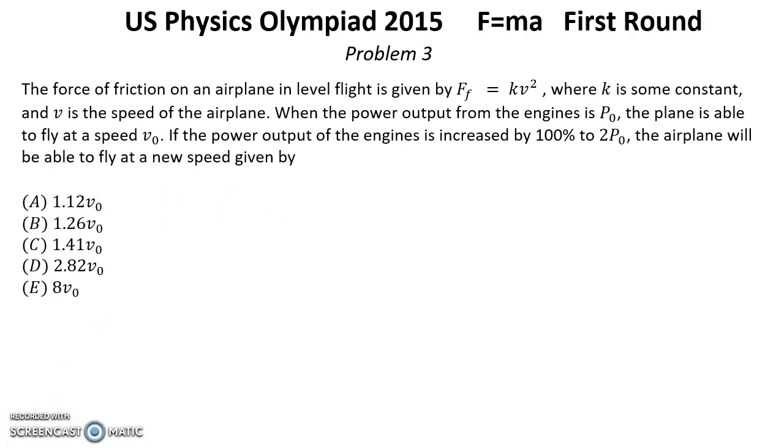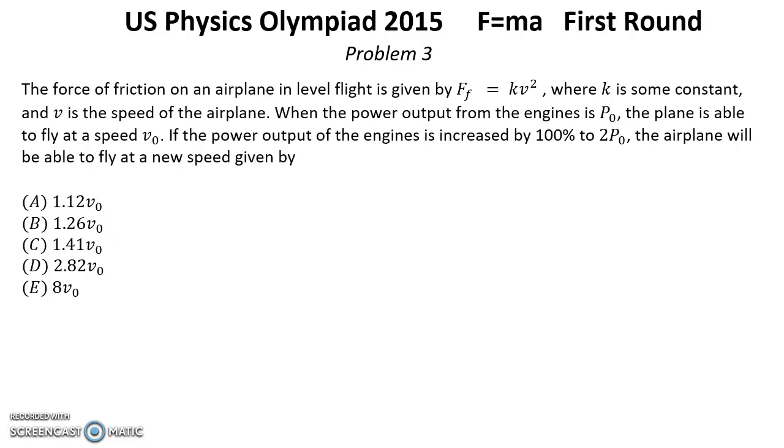Problem number 3. The force of friction on an airplane in level flight is given by F friction equals kV squared, where k is some constant and V is the speed of the airplane. When the power output from the engine is P0, the plane is able to fly at the speed V0. If the power output of the engines is increased by 100% to 2P0, the airplane will be able to fly at a new speed given by